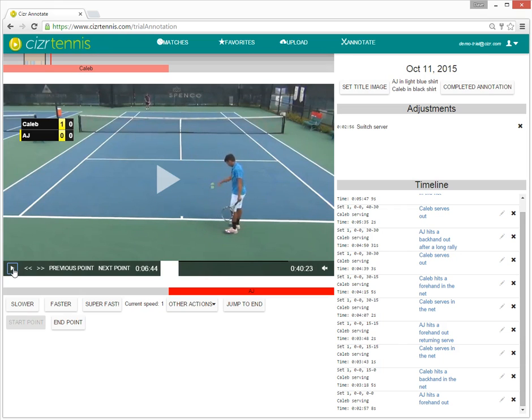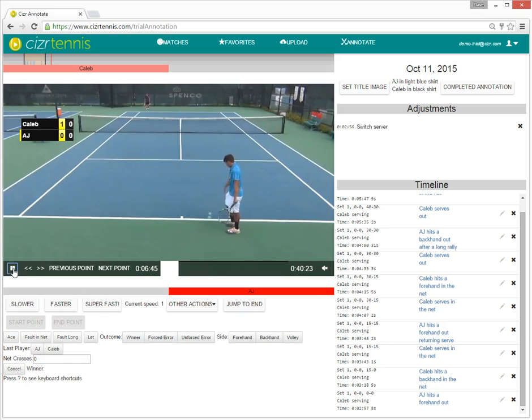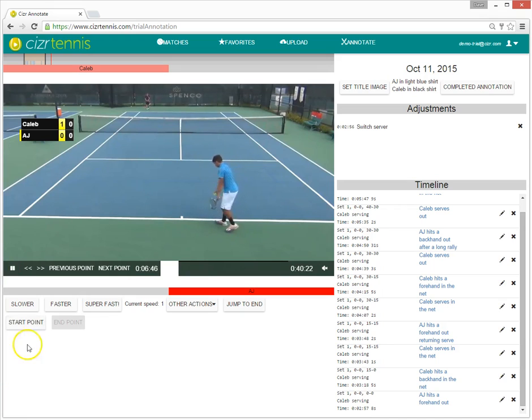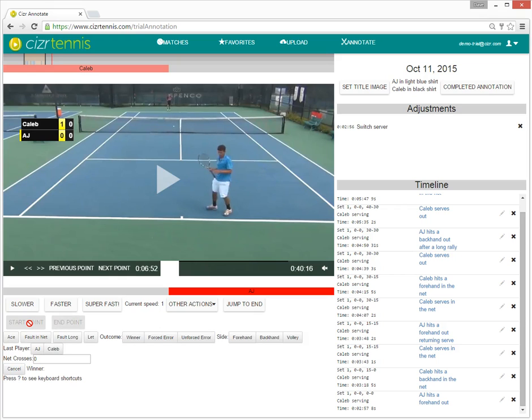So here's something you can do. When you have something like that where you didn't really capture the service motion, you can end the point, and then you can always hit cancel, which will then go back to being in the middle of the point. Restart. So there,